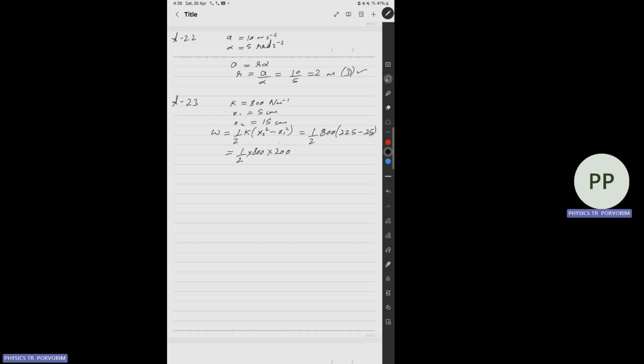Now we have taken the value of x in centimeter and we are squaring x here. So when we convert centimeter to meter, it is 10 to power minus 2, and we are squaring it, so it is 10 to power minus 4. So 2 and 2 cancel, and there are 4 zeros already. So it will be 8 joule only. So the correct option is